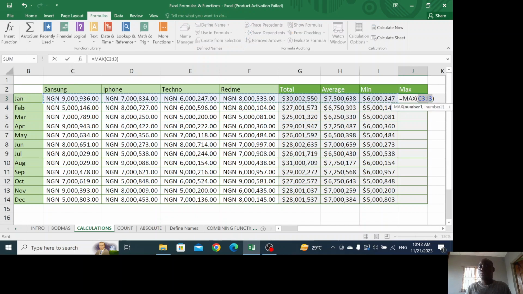Yeah, that's the maximum. So it's going to take it to high 3, because we have other figures, like we have the total figure now, we have the average figure, we have the minimum figure now. So you have to be careful, like I said, be careful with your calculations so that you don't make mistakes, especially